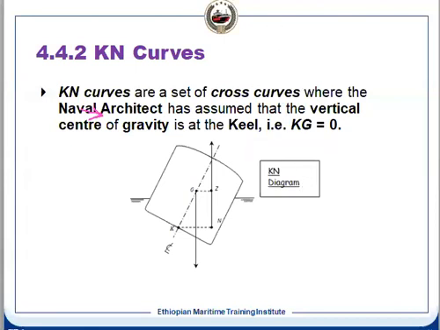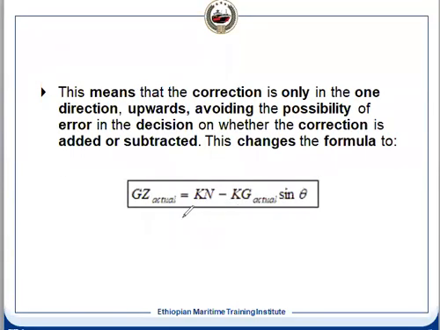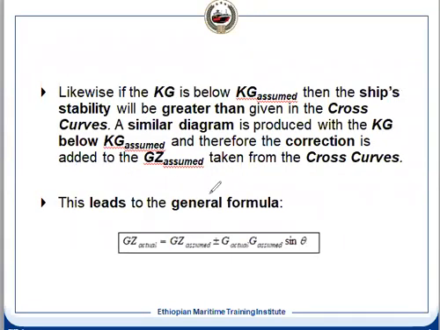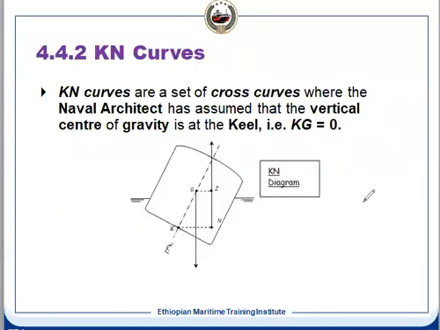So now there is another curve, we call it the KN curve. We have seen that formula with plus minus, because the ship can move up, it can move down. That's why we are using this plus minus. To avoid that, we do the same thing. Why do we call it the KN curve? Because we take G at K. It means when we assume, G is at K. What does it mean? KG is 0.